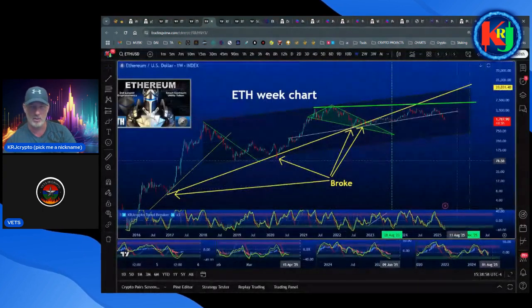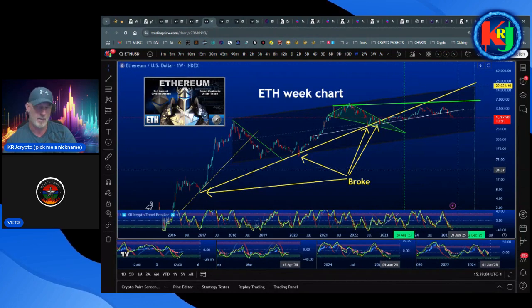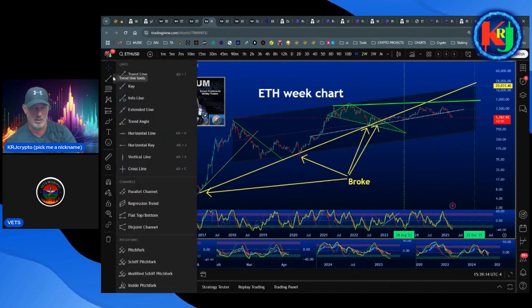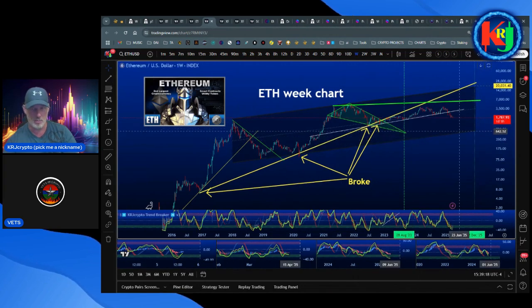And then the Ethereum chart. This is the bear chart that I have for the Ethereum. I'm just going to throw this one out there. Is it possible that we can get to the bottom of this channel down here at $580? Is that possible? I don't know. I don't think so. I don't want to start speculating that that's going to be a huge bear, but